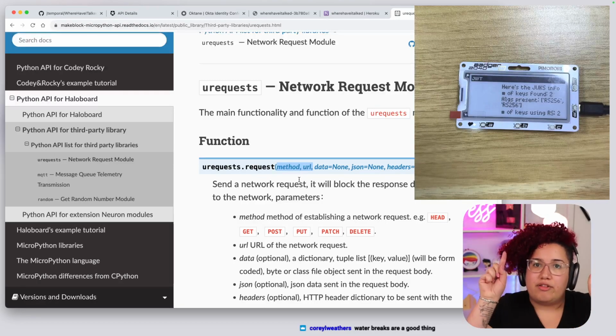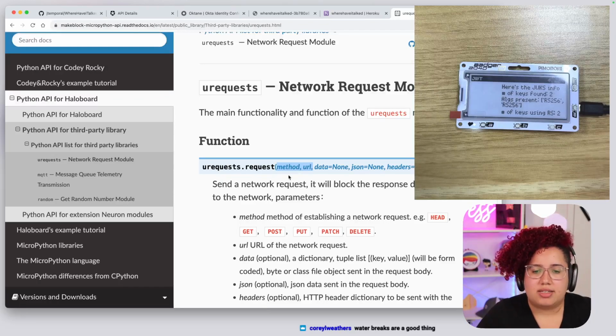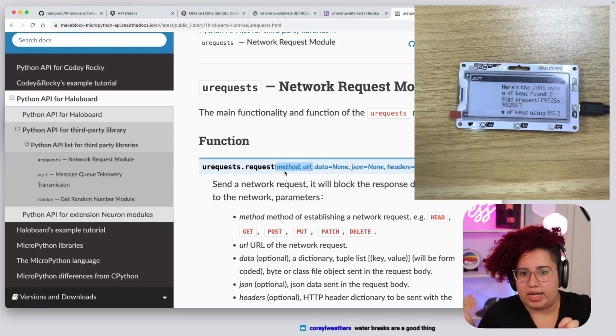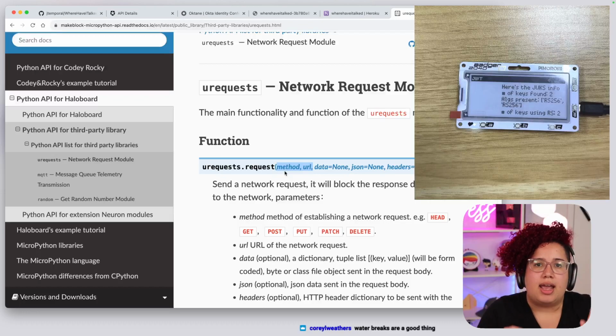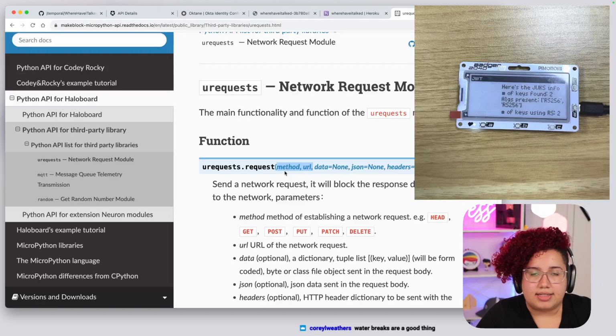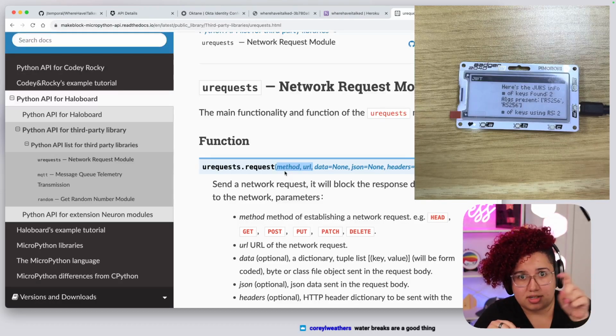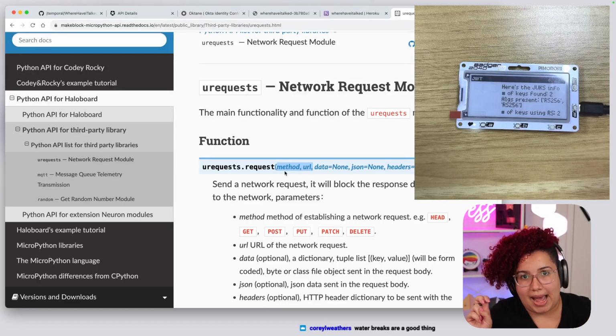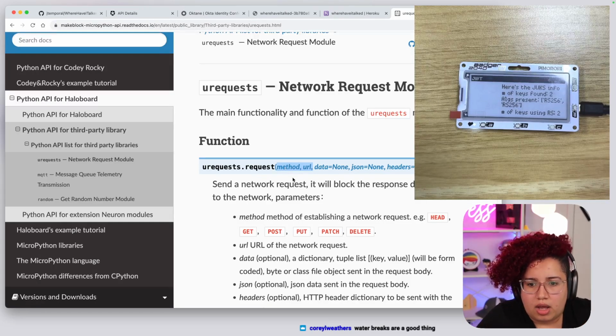Or you could put everything inside of a dictionary and say the key is method and the value is post or get or patch or delete or whatever method you want. And the URL as another key and the value the URL you want to make the request to. And then if you do double asterisks, you can unpack the dictionary.